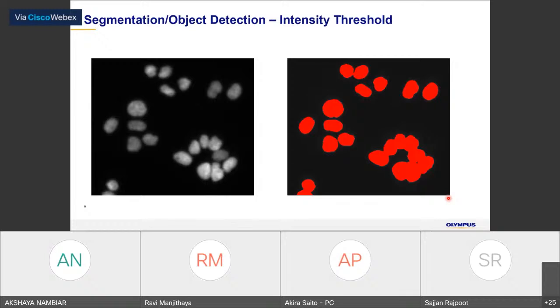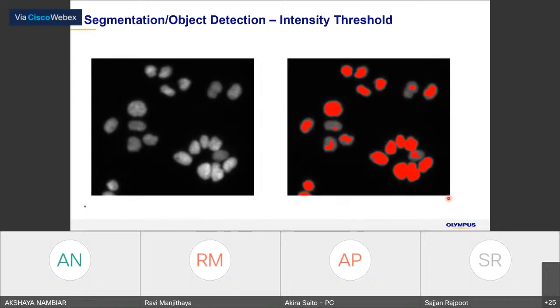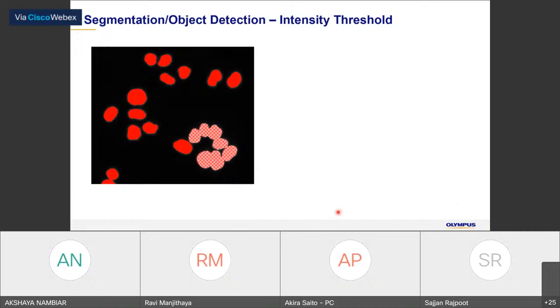Of course, if you are not doing proper thresholding, then the detection will be like this, so it is necessary to have the best thresholding to distinguish the background and the object. If you set it properly, then it should be like this. However, you can see that some of the nuclei over here are identified as a single object, where you can see 1, 2, 3, 4, 5, 6, 7 nuclei, but it is identified as one object.